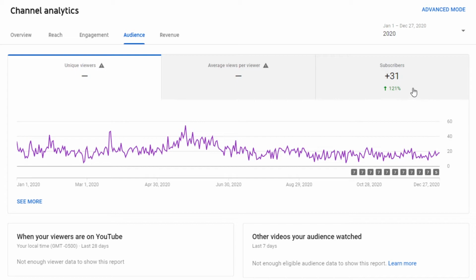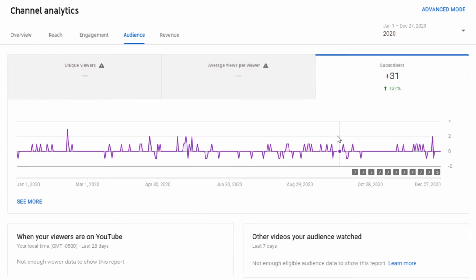But up 121% of gain of 31 subscribers. That is not that 31 subscribers is 121%. It is that 31 is an increase of 121% over last year, which would have been somewhere around 25, I suppose. But yeah, good numbers, can't complain. We've seen this graph before. So